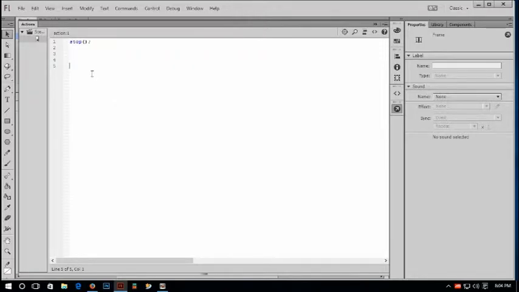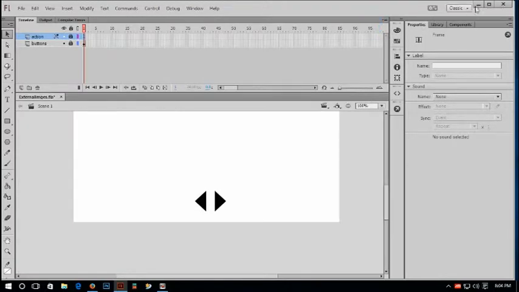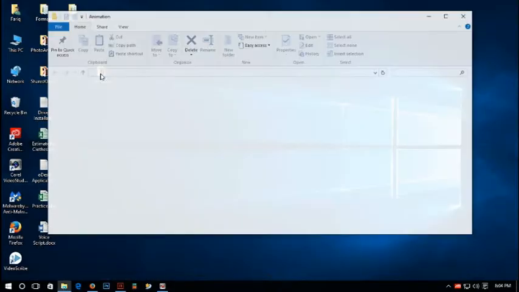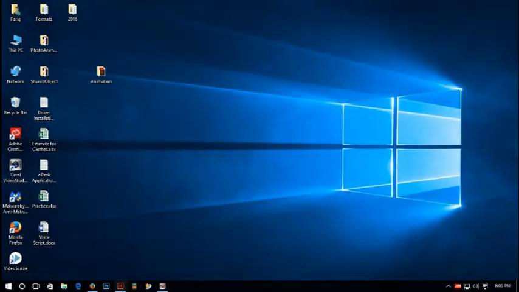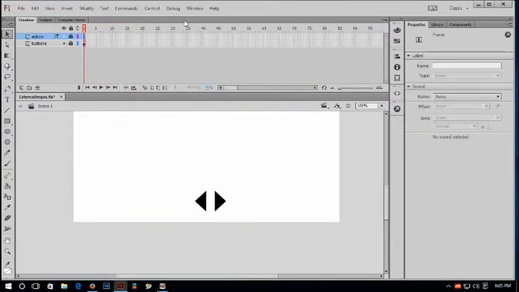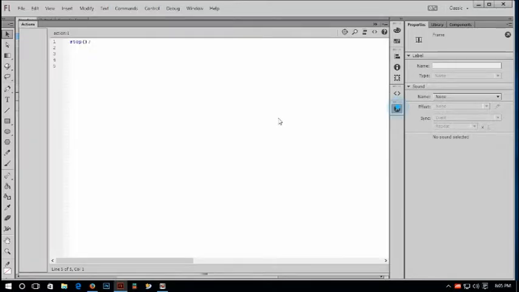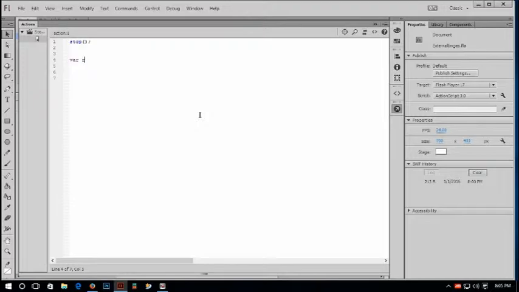I'll make a variable, and that variable will be URL loader, URL request, which will locate these images and all these images. Okay, so go back to action panel, type var request